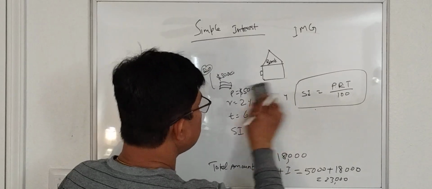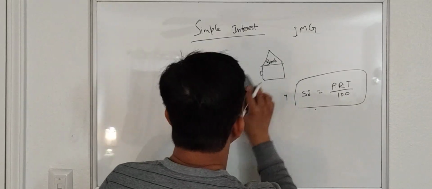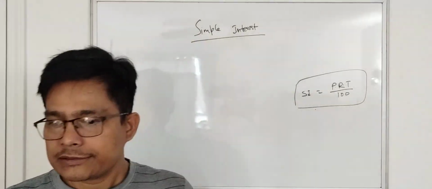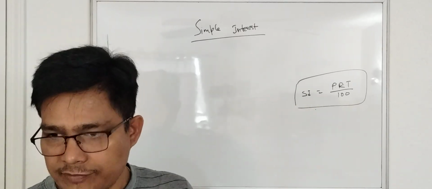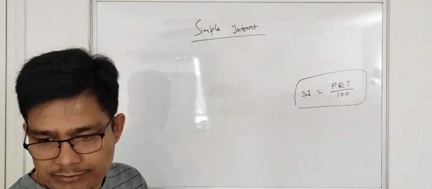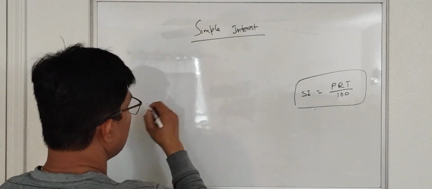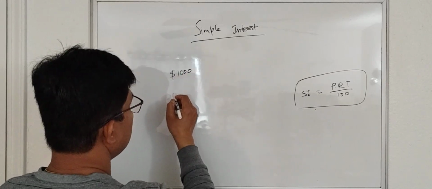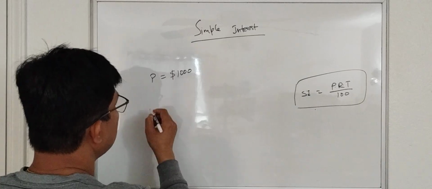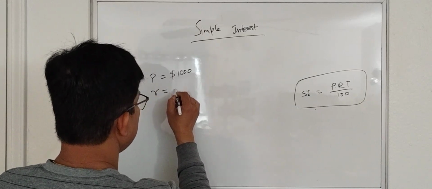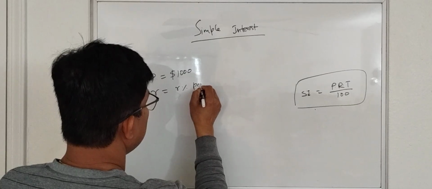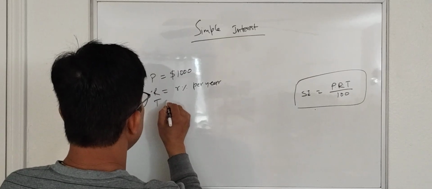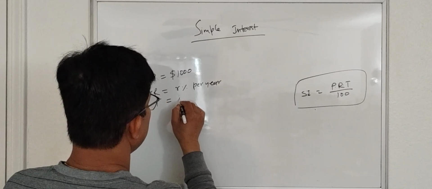I'm not going to do some examples because we already solved to make sure the units are same. Now we are solving some of the examples where we can convert this thing into the equation. Let's take another easy example. So let's say you have $1,000, this is your principal amount, okay, and bank is giving some rate, let's say R percentage per year, okay, and then T is your, let's say 5 years,